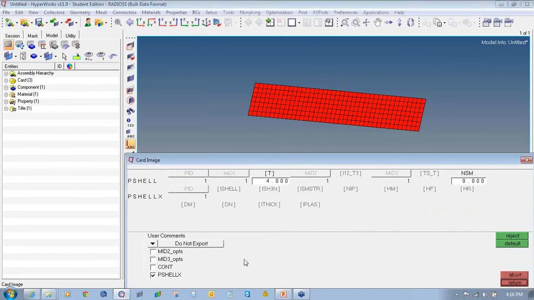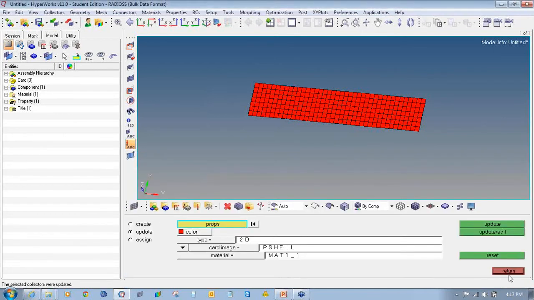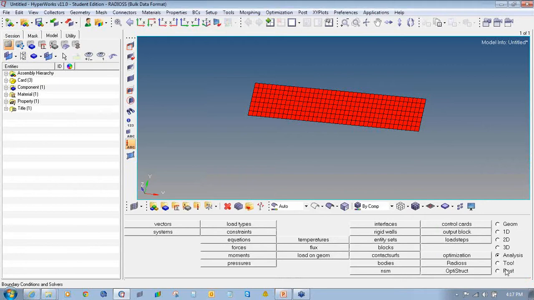Check P shell X. Enter I shell as 24, NIP as 1 and click return. Again click return to exit the property collector.